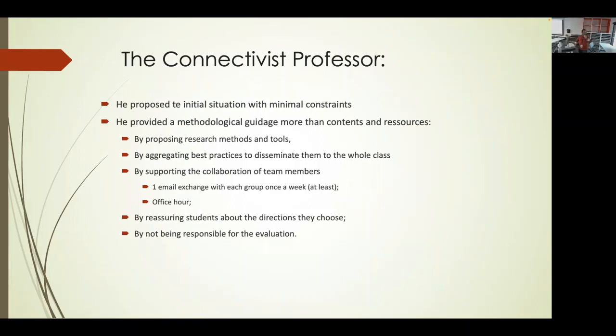Most of my role was reassuring them that they are on a good track, providing some resources and tools, and repeating that I'm not responsible for the evaluation. "But what do you want?" "I don't want anything. What your friends want, because they will evaluate you, not me." So that was really my